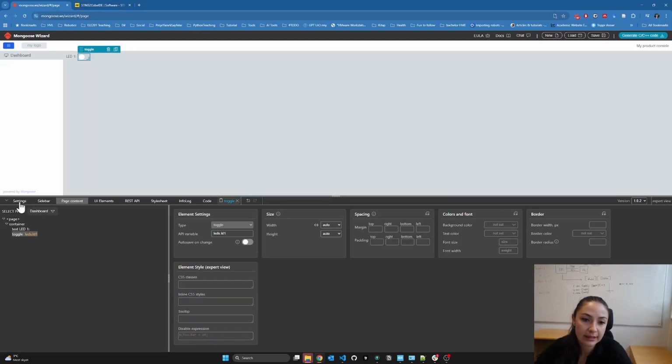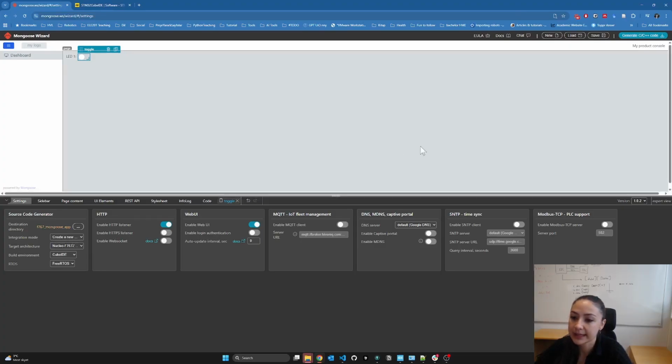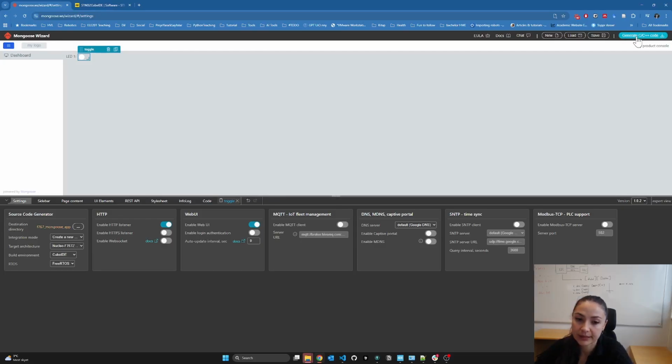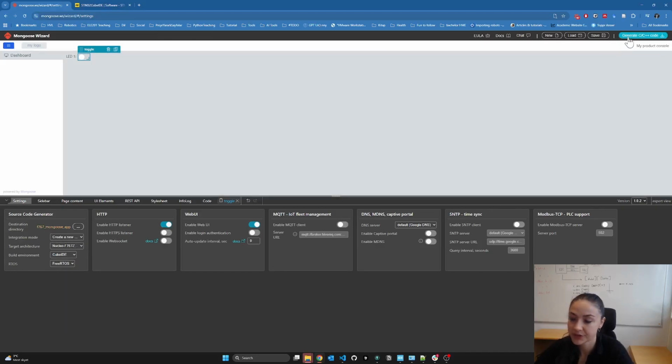One more thing, under the settings here, currently it is going to create a new project because we haven't created anything. And if I click generate C++ code, then it will create it for me. But later on, when we modify things, we will select integrate into existing project. So at the moment, we are not changing anything. We are just going to create a new project. If you click on the generate C++ code on the right top, you will see